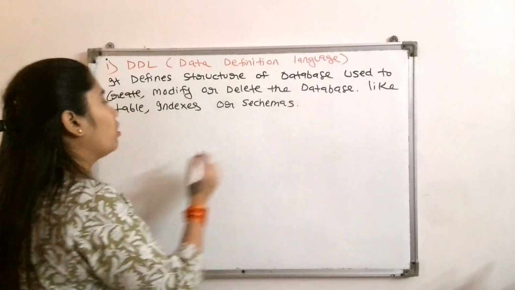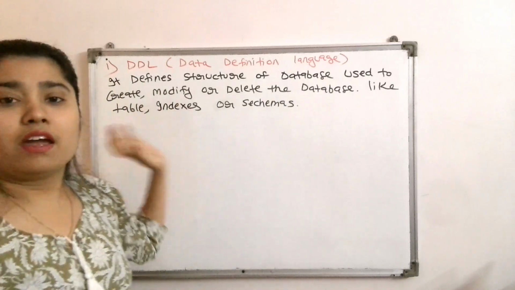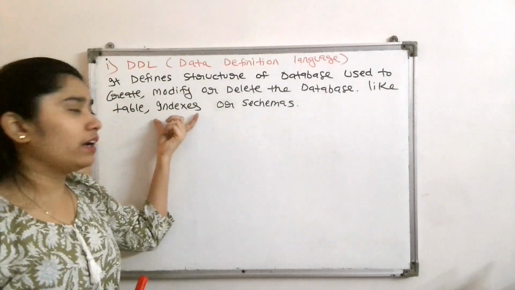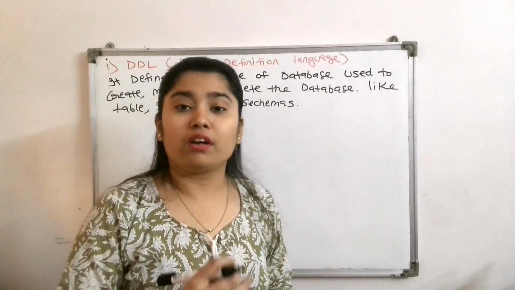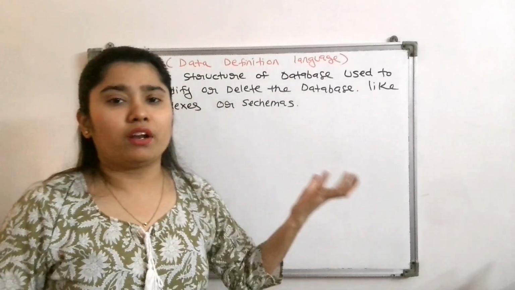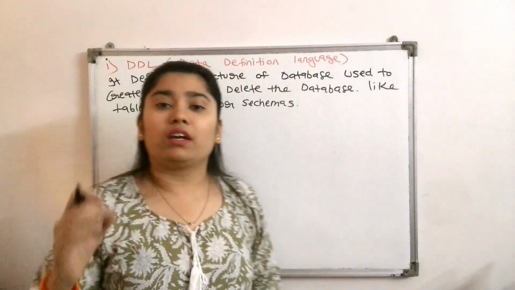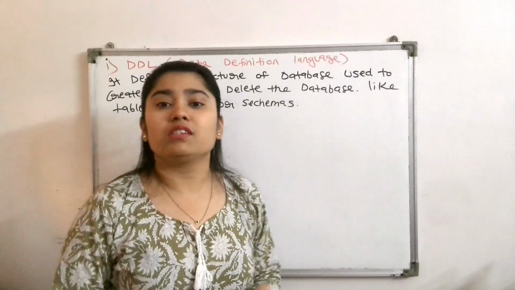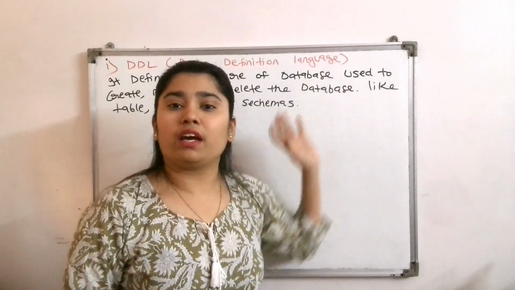Now, what are tables? Tables are just the combination of rows and columns. And what are indexes? We have talked about indexes in the previous video also. Indexes improve the speed of the retrieval operation, or the speed of searching data in the table or database. Then what are schemas? We have also talked about schemas in the three schema architecture. A schema is simply the design or the structure of the database. Okay, I hope you are clear with that.